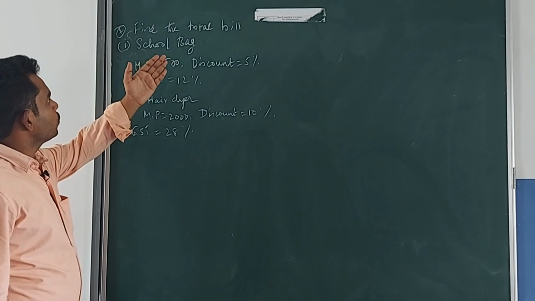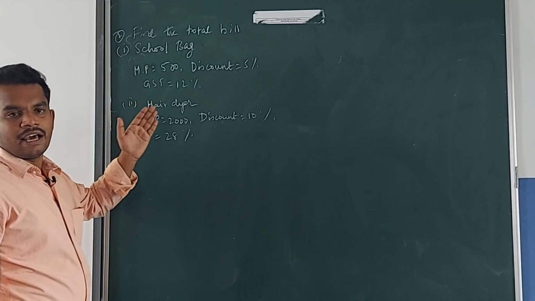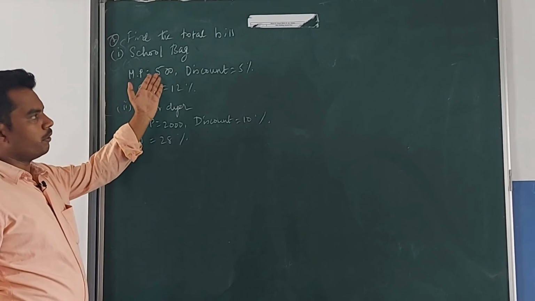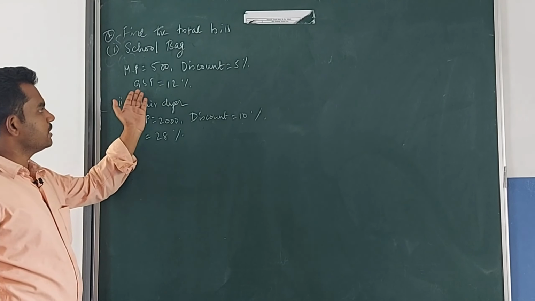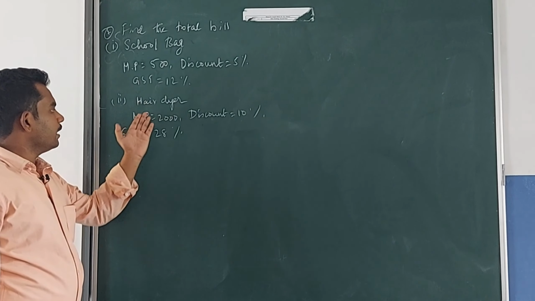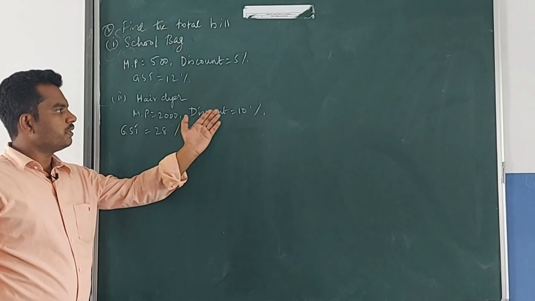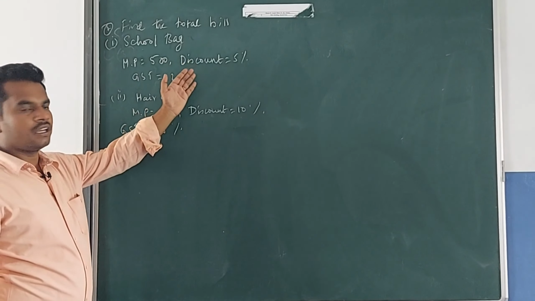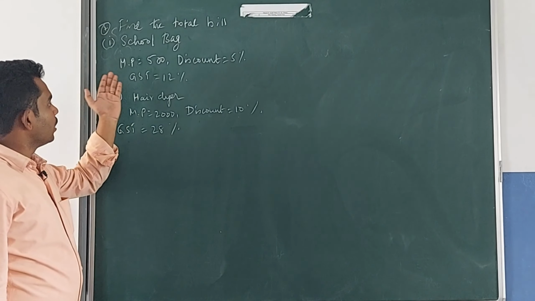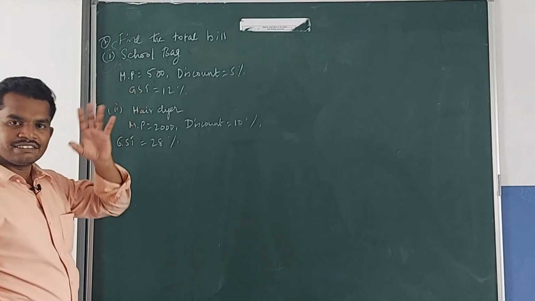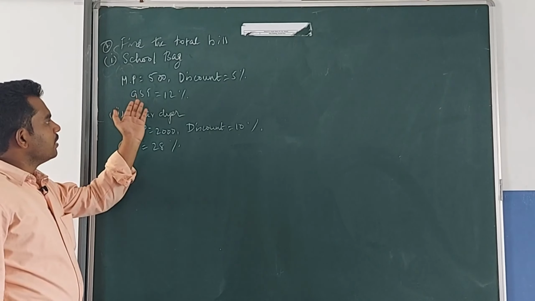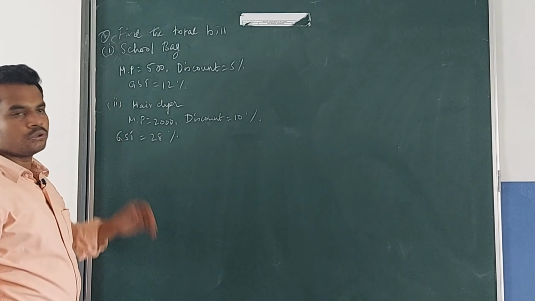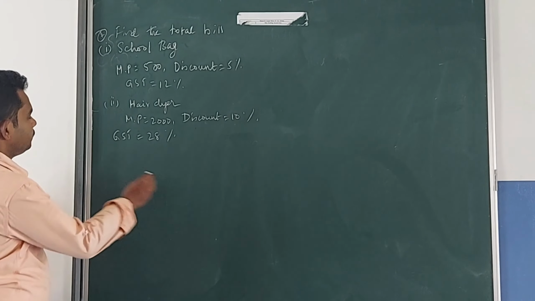Fourth sum, find the total bill for school bag and hair dryer. First, school bag, the marked price 500, discount 5%, GST 12%. Hair dryer, marked price 2000, discount 10%, GST 28%. First we want to find what is discount, then we subtract it from the marked price, we will get the selling price. Next we want to find the GST, then add both values. Okay, first